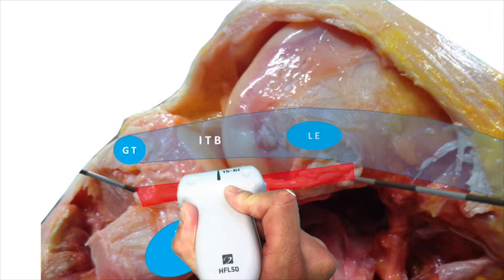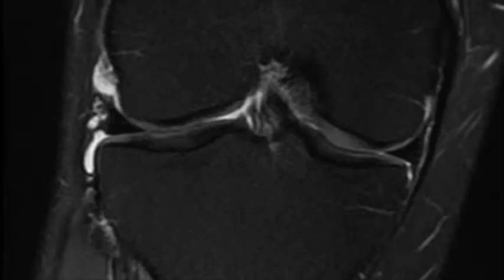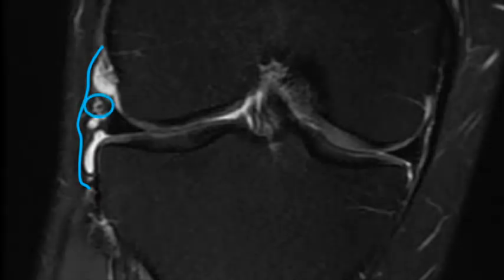Once it has been located, the major axis of the anterolateral ligament can be identified by rotating the probe clockwise or counterclockwise. Another essential landmark is the lateral inferior genicular artery. As you can see on this coronal MRI slice, this artery is located between the anterolateral ligament and the lateral meniscus wall. Locating the artery on ultrasound gives us an idea of where the joint line is located. As you will see later on, the artery is also used to analyze the anterolateral ligament dynamically.